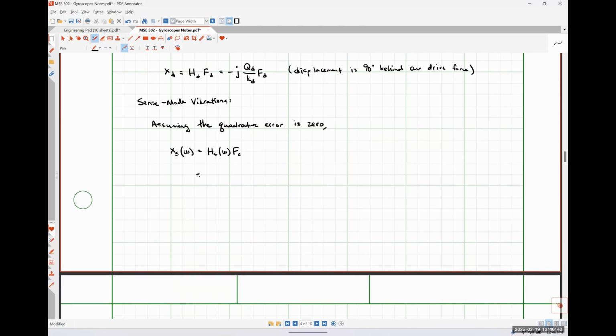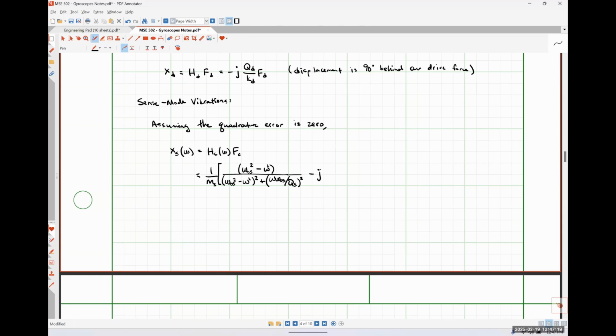And then we're just going to math this guy up real quick. So that's going to look like 1 over MS multiplied by omega naught S squared minus omega squared all over the quantity omega naught S squared minus omega squared, quantity squared, plus omega naught S over QS, that quantity squared,